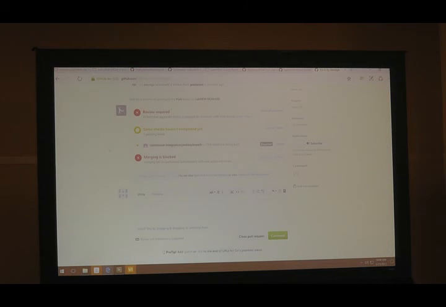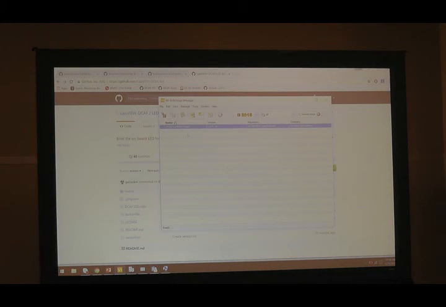Hopefully the Wi-Fi works better in there. All right. Get out of the VM. If you want